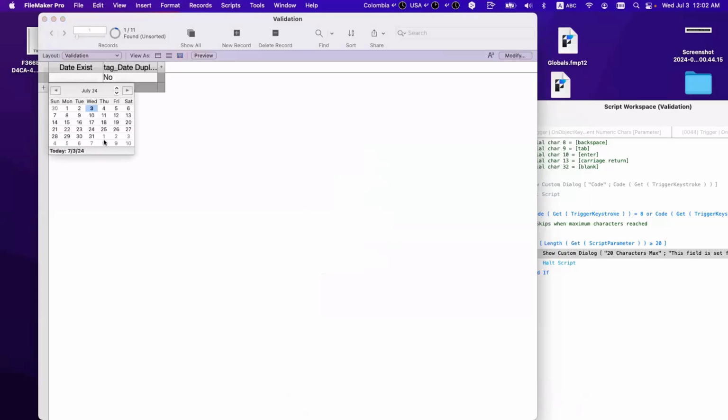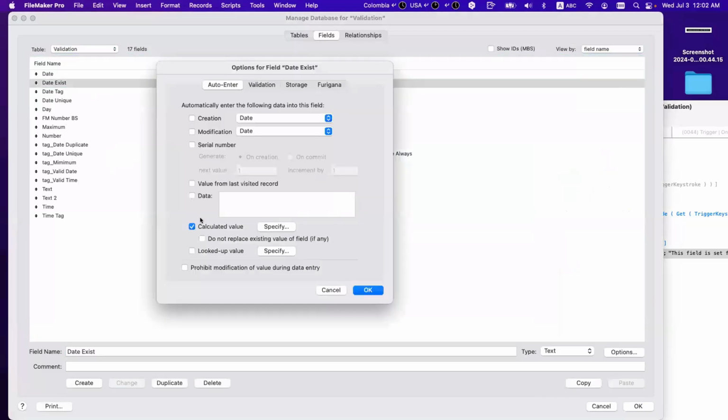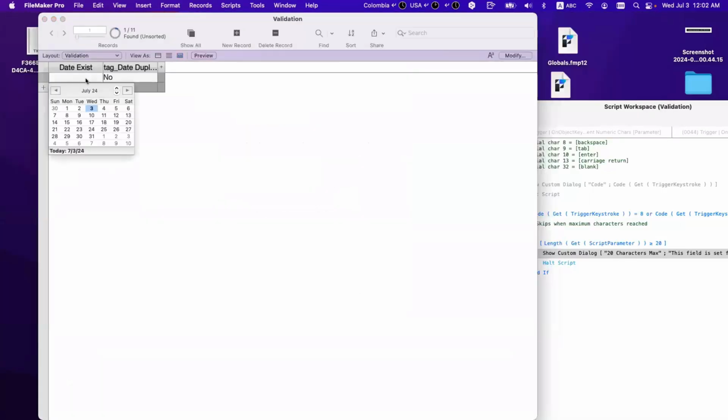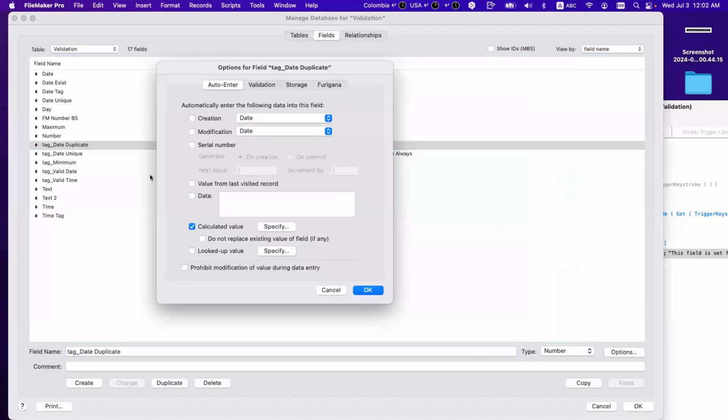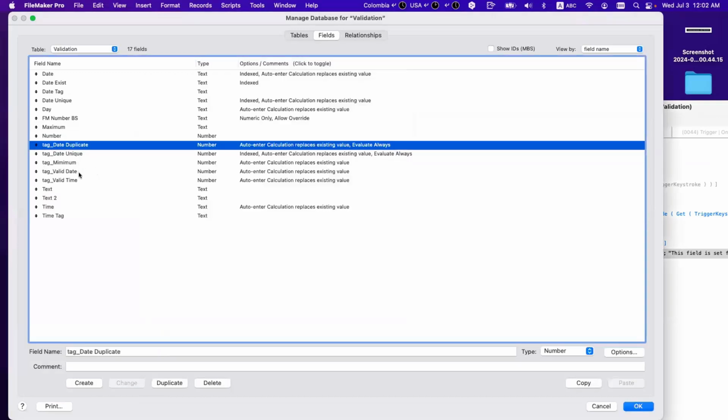If I do this, date exists. If I do this, it's not a duplicate. But if I do this, why did it say date exists? Oh, it's the wrong date.